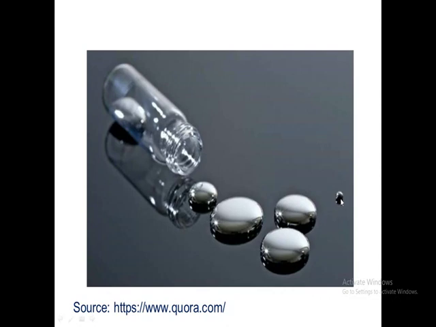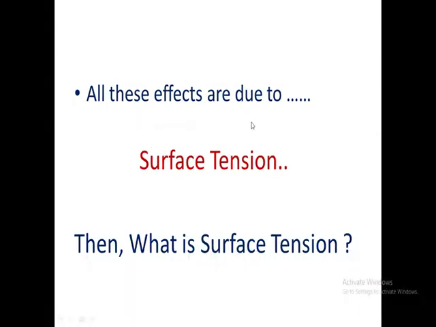And again, this is the same scenario. The smaller ones have a perfectly spherical shape. The bigger ones become elongated due to more gravitational force, because their mass is very large, as mercury is a highly dense material. As the mass increases, the gravitational force increases. Therefore, the drop is pulled down, and as a result it takes an elongated spherical shape. So all these effects are due to surface tension.